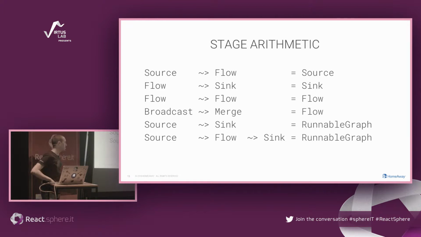One special case there is the runnable graph you see at the end. This is a stage that's got no ports at all available. So you've connected basically all the ports that are there. So if you have a source and a sink, you connect them, there's nothing left to connect, you've got a runnable graph. And this means that you can run it. So you can call a run method on it. You can basically feed this graph to the Akka Streams infrastructure. Something called the materializer there, which we're not going to see in detail, but essentially you actually start the flow of